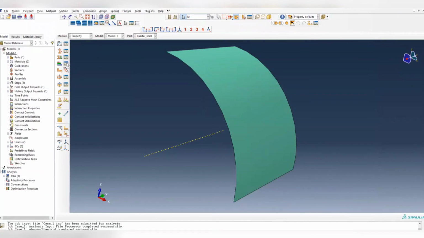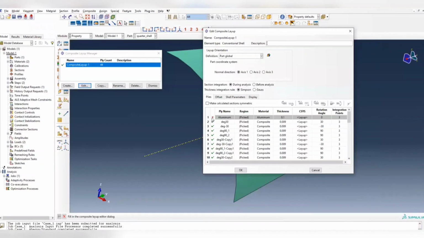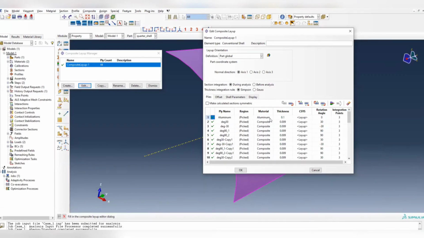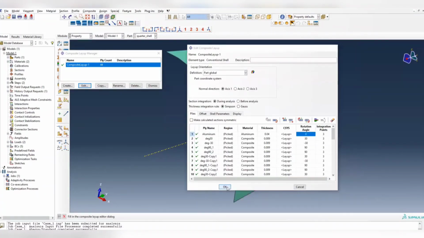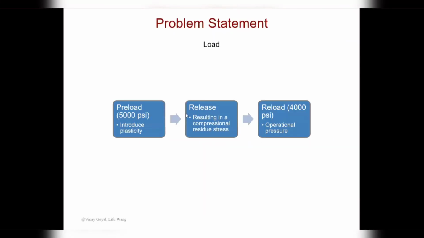Now, if you go to the Composite Layout Manager, it's pretty convenient. We can enable our original aluminum layer. It is layer 1, so the most inner layer, and the thickness should be 0.04. And for degrees, let's just use 0 degrees, so it's the longitudinal direction. And however, the loading stress now is simulating the actual